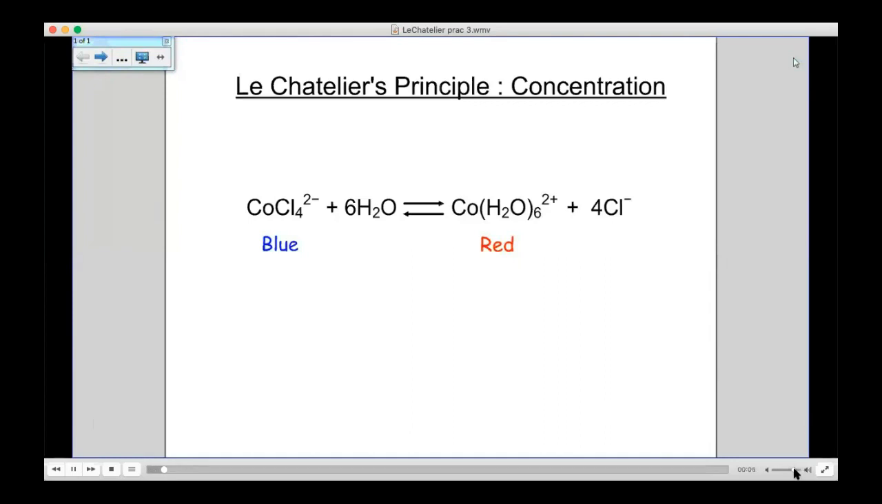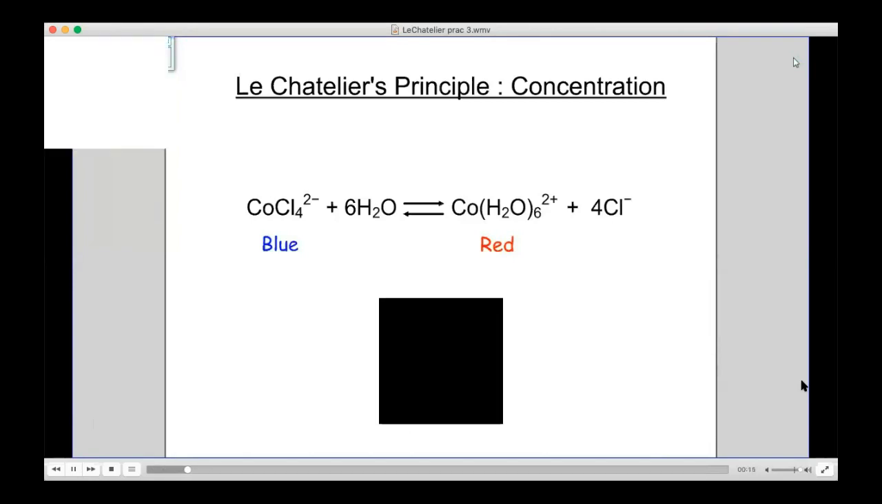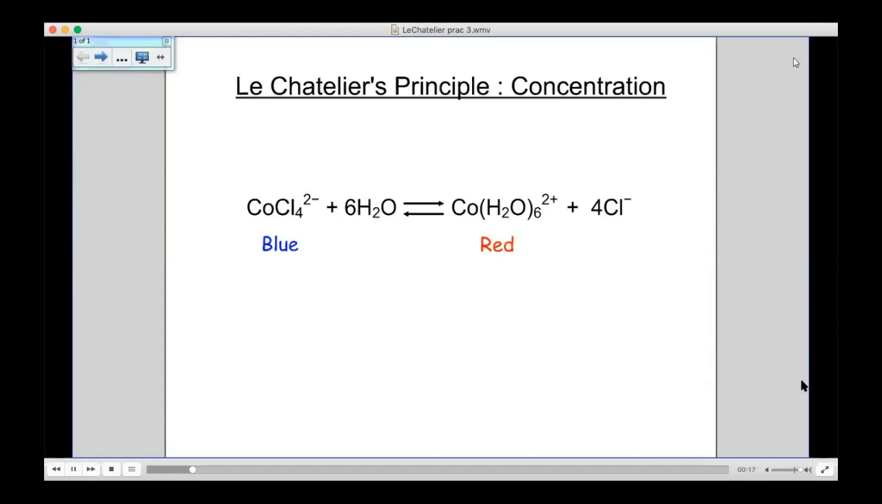Today we will demonstrate Le Chatelier's principle in the lab, where we will take cobalt chloride in solution and change the concentration of the forward and the reverse reaction to see what happens. Now to begin with, if we take the Co(H2O)6 2+ ions, we see that when we have the solution in front of us,